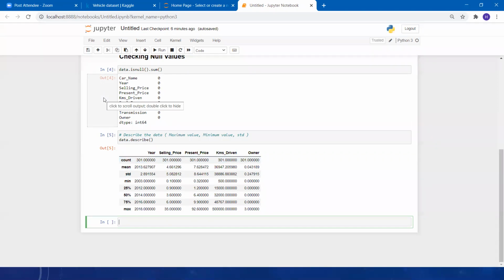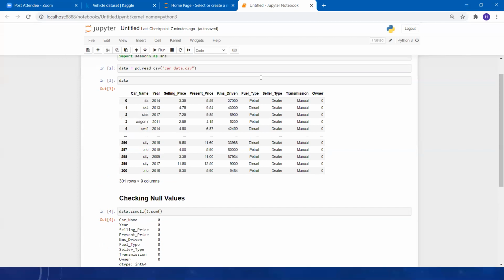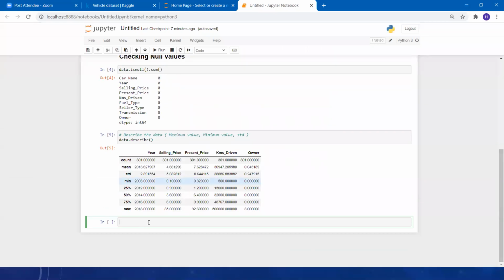So now see, we have categorical columns here. One is our fuel type, transmission, seller type, and owner. We have four categorical columns, right? So for that, let's say we are storing a name over here, fuel type.